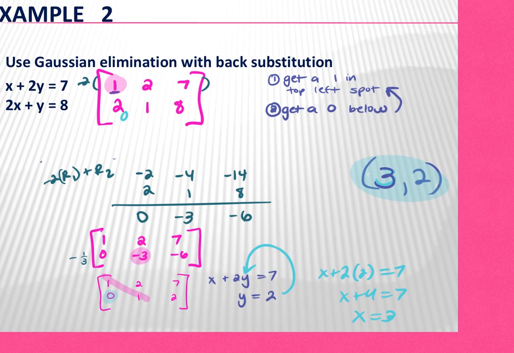So we went: 1, get the 1 in the top left spot. 2, get the 0 below. 3, get the 1